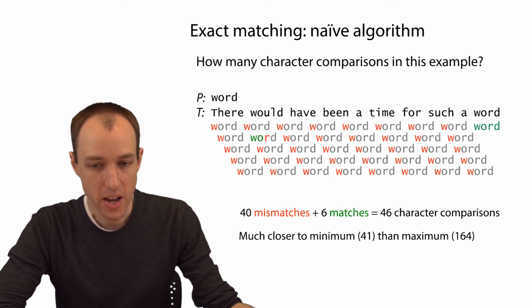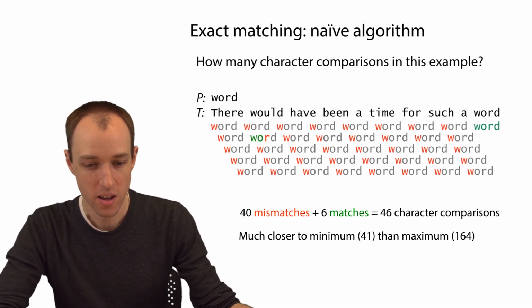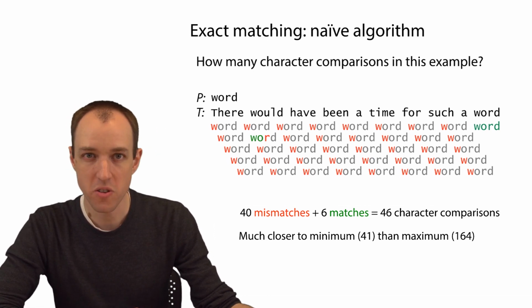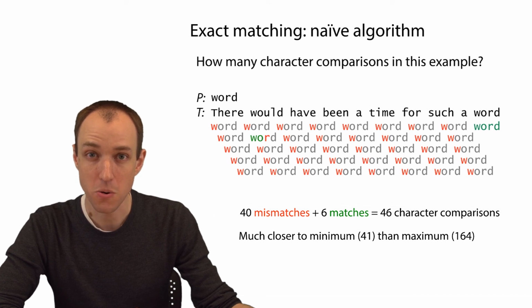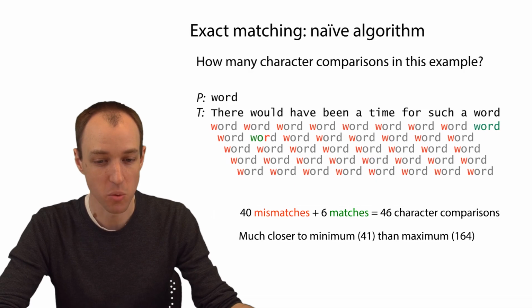So we can also write down the minimum and the maximum possible number of character comparisons given the length of the pattern and the length of the text. The minimum is 41, the maximum is 164. And one thing that you'll notice about the number of character comparisons we do is that it's much closer to the minimum than it is to the maximum. All right, so one positive thing that we can say about this algorithm is that in practice, or at least in this example, but it's true for many other examples too, the number of character comparisons that we do is a lot closer to the minimum than it is